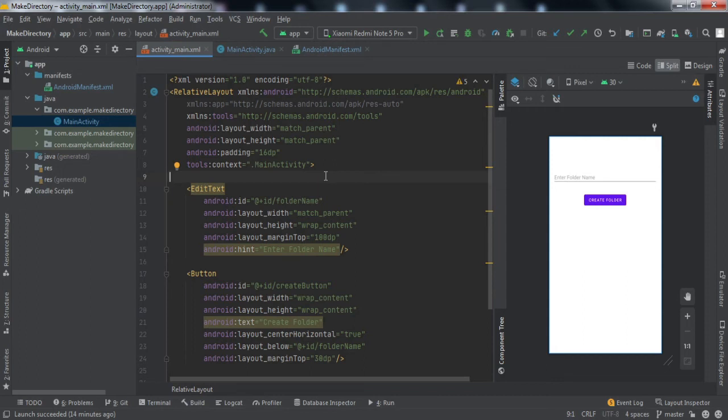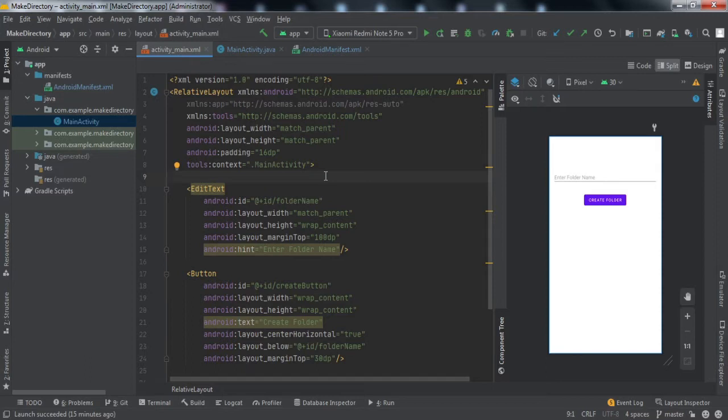So in today's video, we're going to learn how to make a folder or directory in the external storage of the device, right? By external storage here, I mean it will not be the app specific folder. Anything outside the app specific folder will be called external storage, right? If talking in the conventional language, it will be in the internal storage only, but outside the app specific folder.